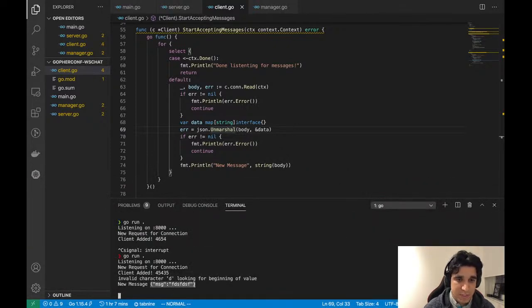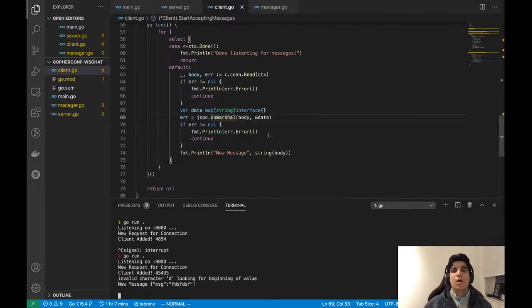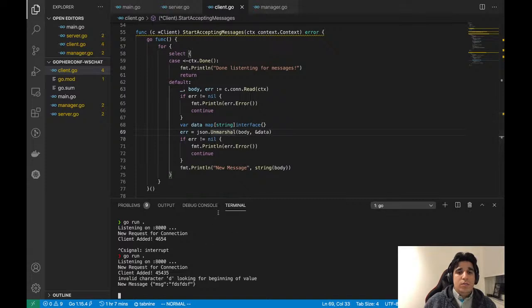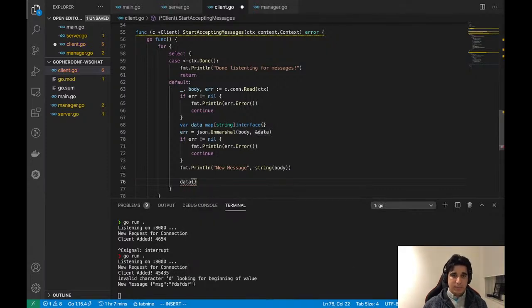Okay, as you can see, we have our message here. So this is no good as a chat server because we're just printing messages to the screen and it's not delivering messages from one user to the other. So what we should be doing is delivering messages. This is a chat server after all. So we are going to have to add some other things to our convention for messages. We are going to need a target,